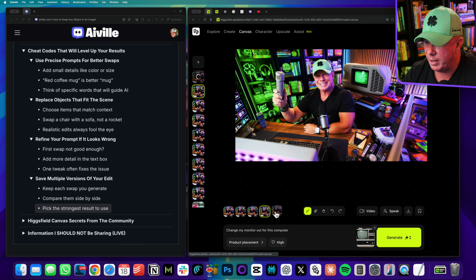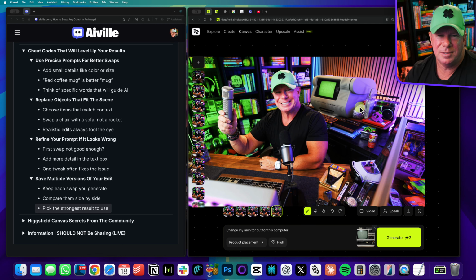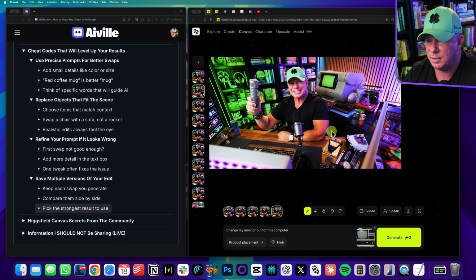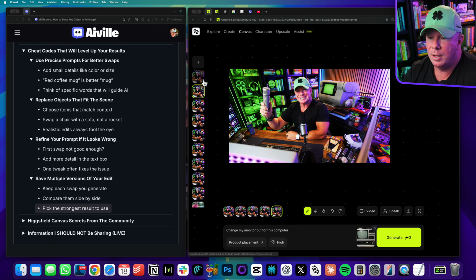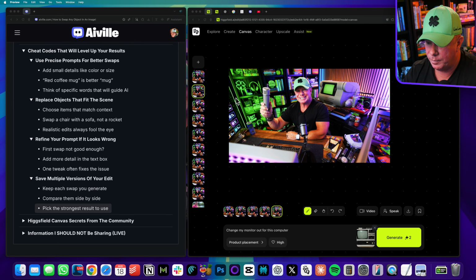And this is actually a lot of fun, because now I'm trying to think of other things that I might change, just for messing around on what could be around on my thumbnail images. So then I uploaded the actual real photo of the Tandy TRS-80, and I said just change my monitor out with this computer. I didn't even say what it was, just this computer. And if you remember, the computer was this right here. So let's see what that looks like, because it looks like that just came in.